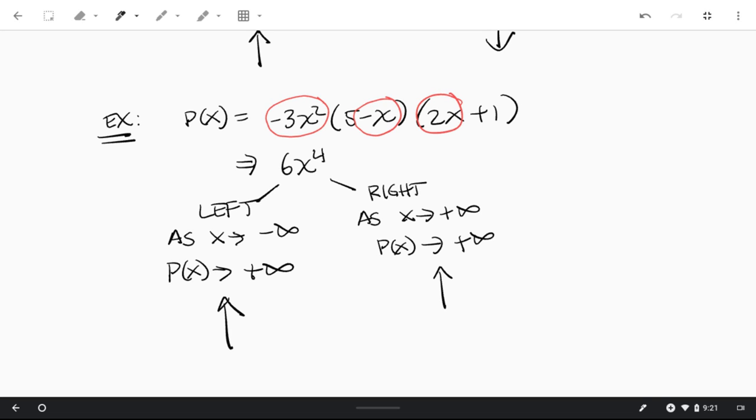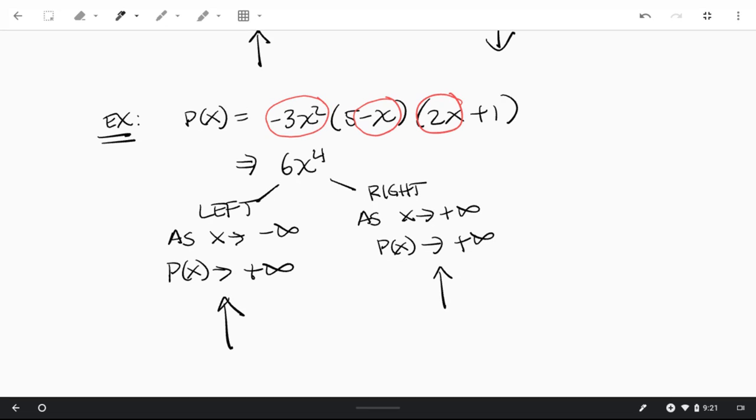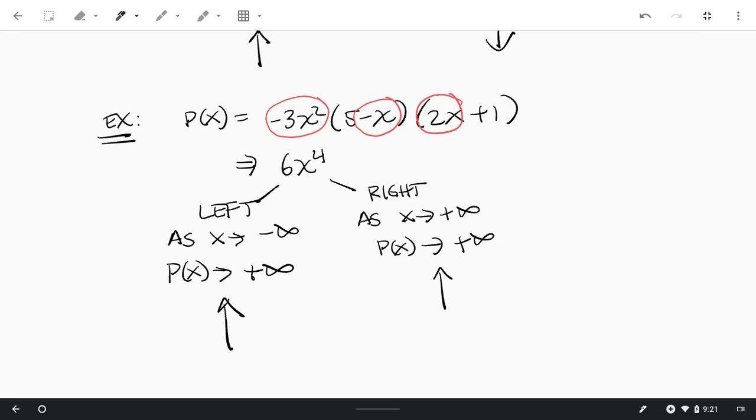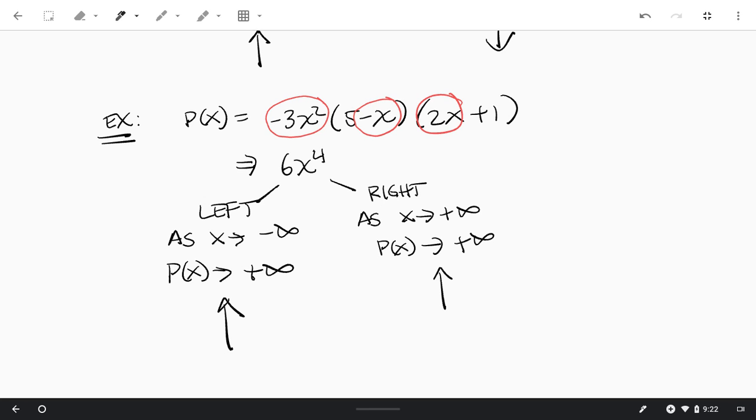Okay, so that's how you do these. This is how you determine the end behavior. And that's what you'll need to do when we get into graphing these higher degree polynomials. So I wanted you to get used to first determining the end behavior. That's what this video is all about. The next part, part 2 of 3.2, we'll deal with finding the real zeros of the polynomial, which are the